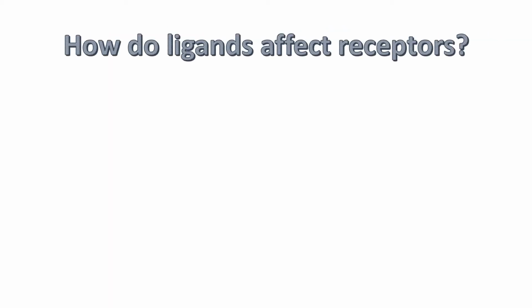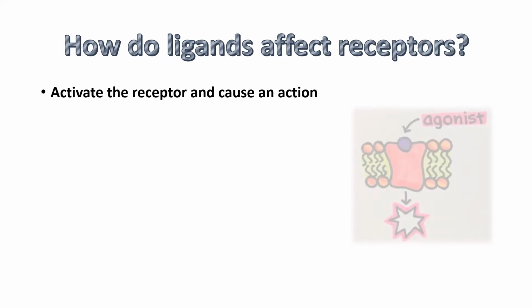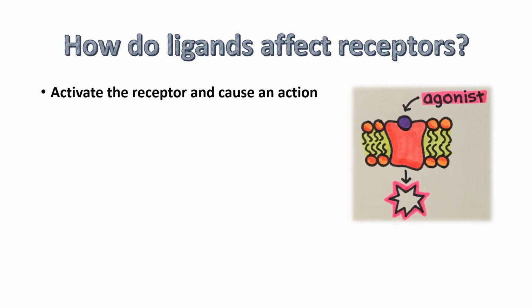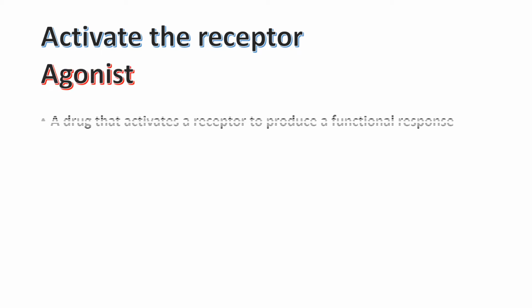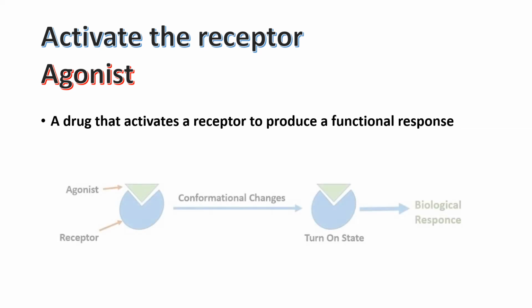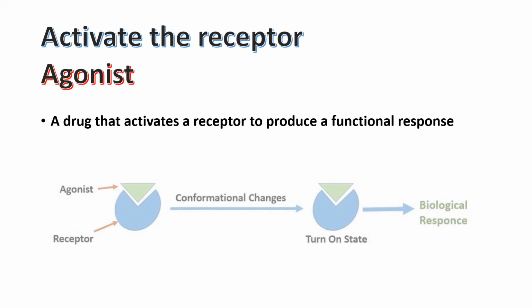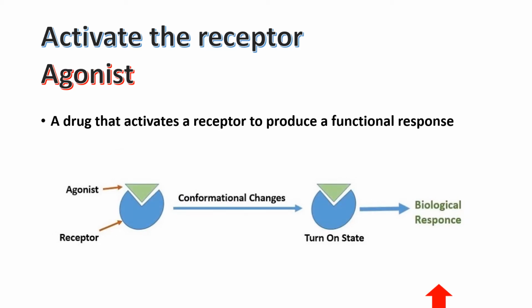Do you know how ligands affect receptors? They either activate the receptor and cause an action, or block the receptor and stop the action. When a ligand activates the receptor, it is called an agonist. So, the drug activates the receptor and produces a functional response. It means our agonist drug binds to a receptor and turns our state on to make a biological response, like morphine